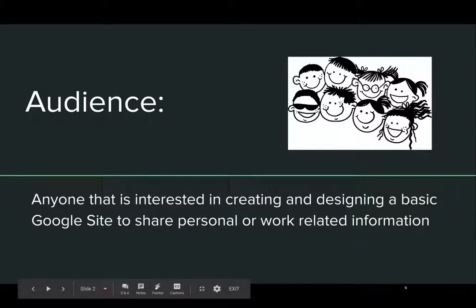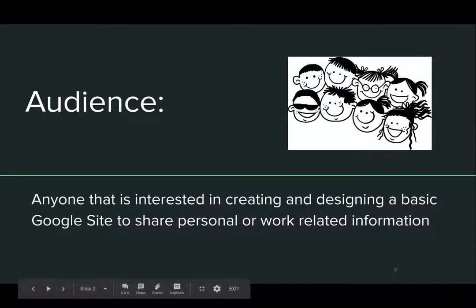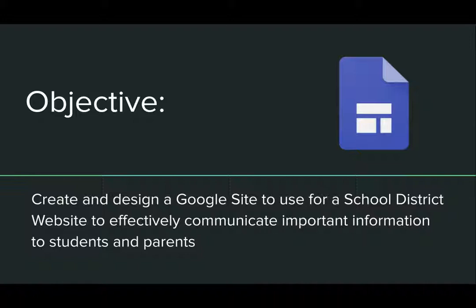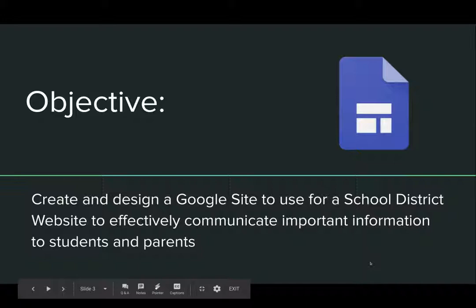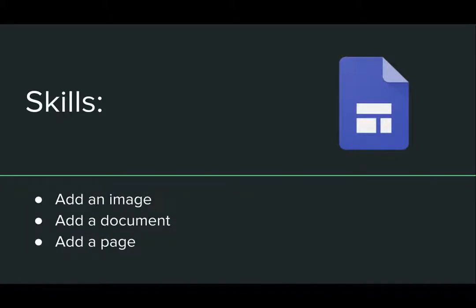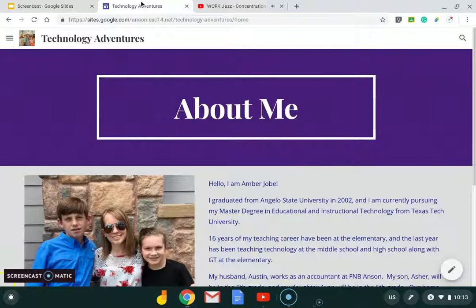Our audience today is anybody that's interested in creating and designing a basic Google site to share personal or work-related information. Our objective today is to create and design a Google site to use for a school district website to effectively communicate important information to students and parents. The skills that we will be addressing today within our Google site is adding an image, adding a document, and adding a page. So very quickly, I want to show you the website that I already have attached to mine